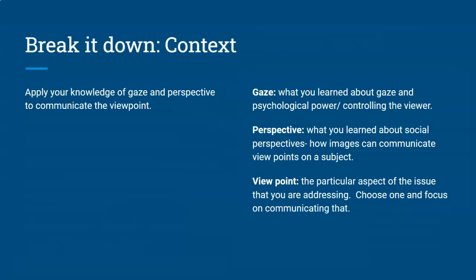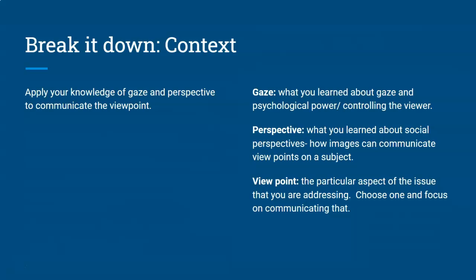Context. Apply your knowledge of gaze and perspective to communicate the viewpoint. Gaze is what you learned about gaze, which is one of the weak cycles, and it focuses a lot on psychological power and controlling the viewer. So it's the psychological power that's present in the image itself, but also how you control how people look at